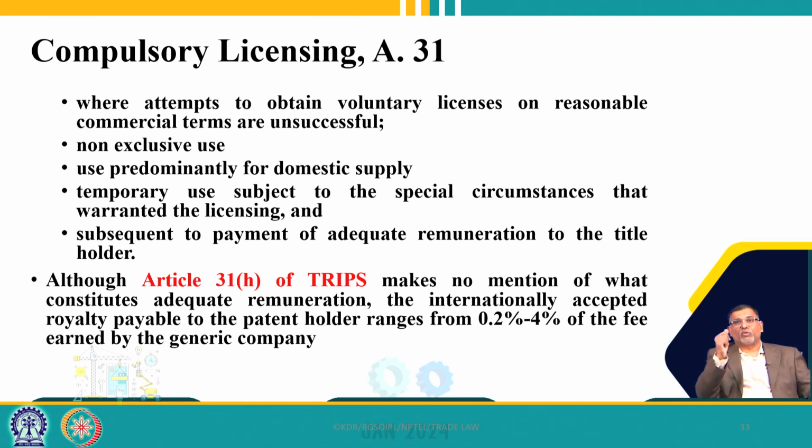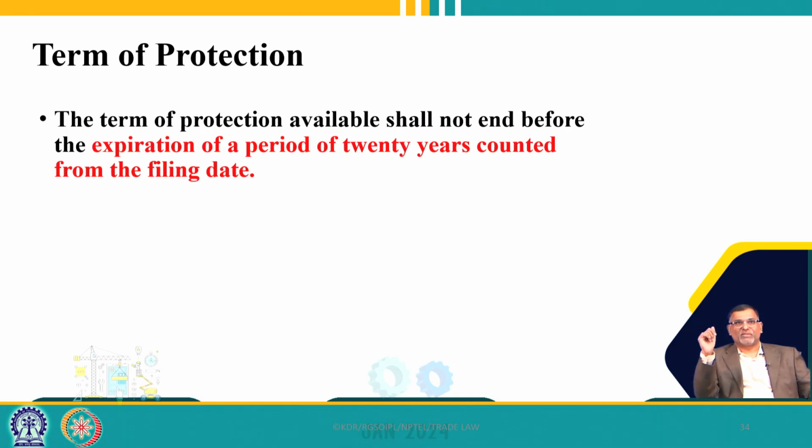So, there is a lot of controversy. For example, India has made a compulsory license for only one medicine, and it was criticized by most of the countries and most of the multinational corporations. It will be very difficult for any developing country to implement such decisions because of far-reaching trade consequences and other consequences.